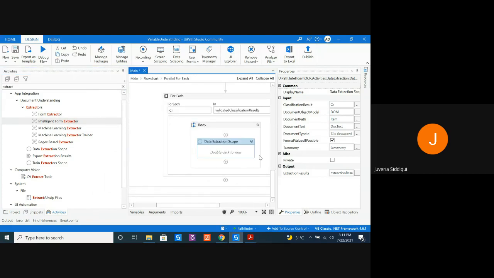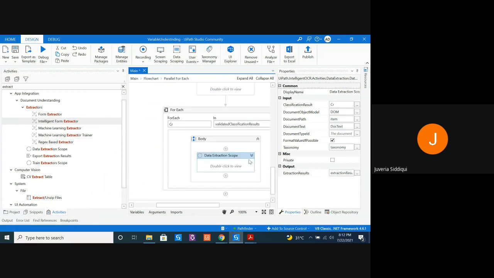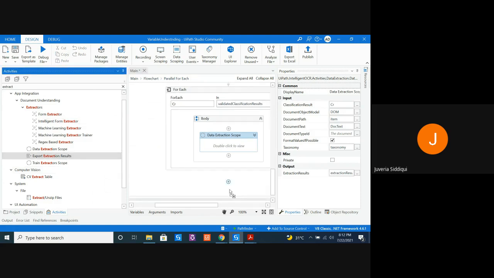Okay. Very similar to what we did over here. Let's see over here. This is the extracted result. Let's start first by writing it into an Excel file, and then I'll show you how to validate whether your extraction is good or bad. So let's first export it.